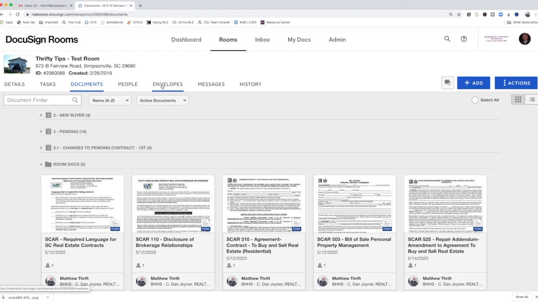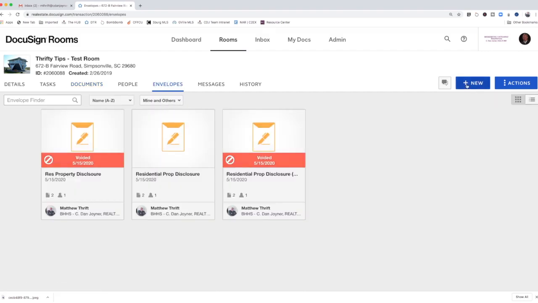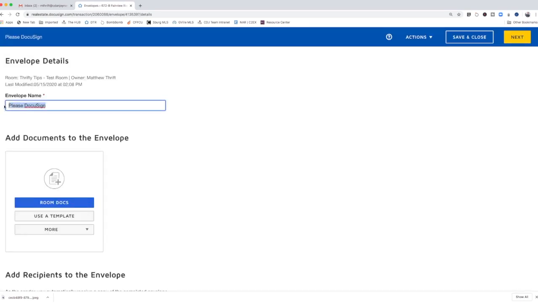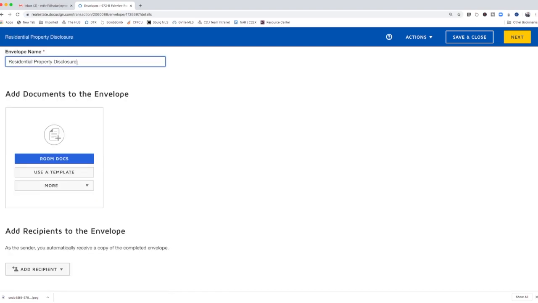We go straight to the envelope section. You add a new envelope, give that envelope a name. And again, I want to make mention to you that you do not add any room docs here. It's very important for you to understand. It is a templated document. So all you do is click on Use a Template,